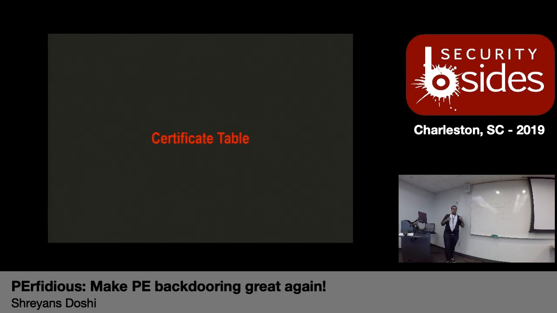Certificate table. Certificate table contains information about the certificate that is used to sign this PE file, right? So say you had Microsoft certificates lying around, right? You could sign your own executables with those Microsoft certificates, and your certificate table would contain the Microsoft certificates, right? Then when you ran those on Windows, you'd never encounter the yellow box that you get when you try to run files that are not signed by Microsoft, right? Yeah, like this program has not been signed by Microsoft. That is basically how you can bypass the certificate table check.